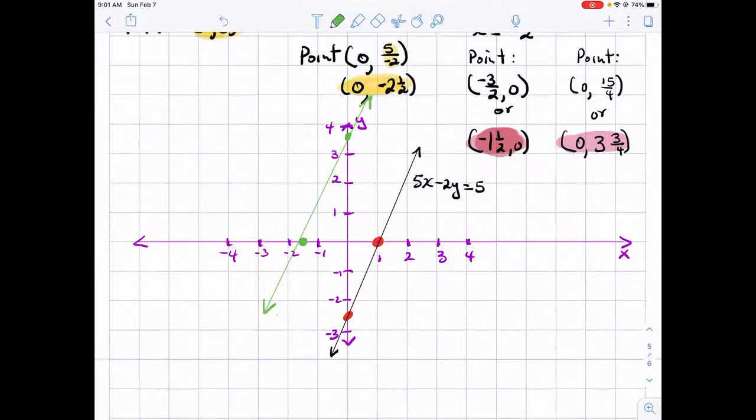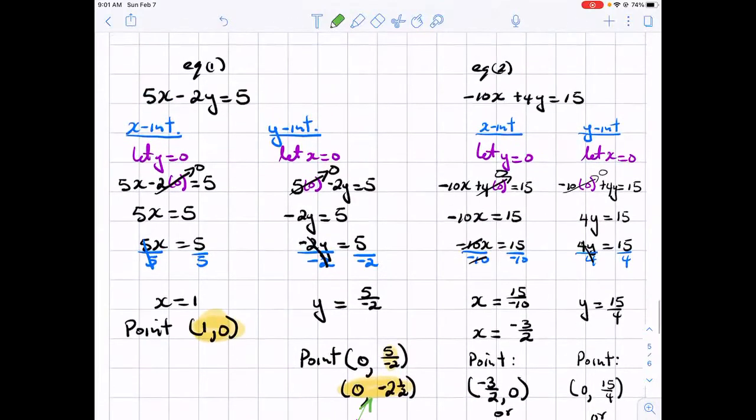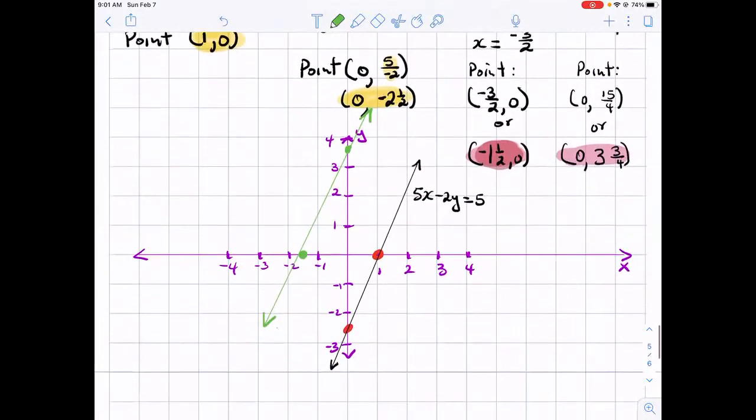So let's assume that's good. And the green equation is equation 2, which is minus 10x plus 4y equals 15. Now if you look at this, okay,